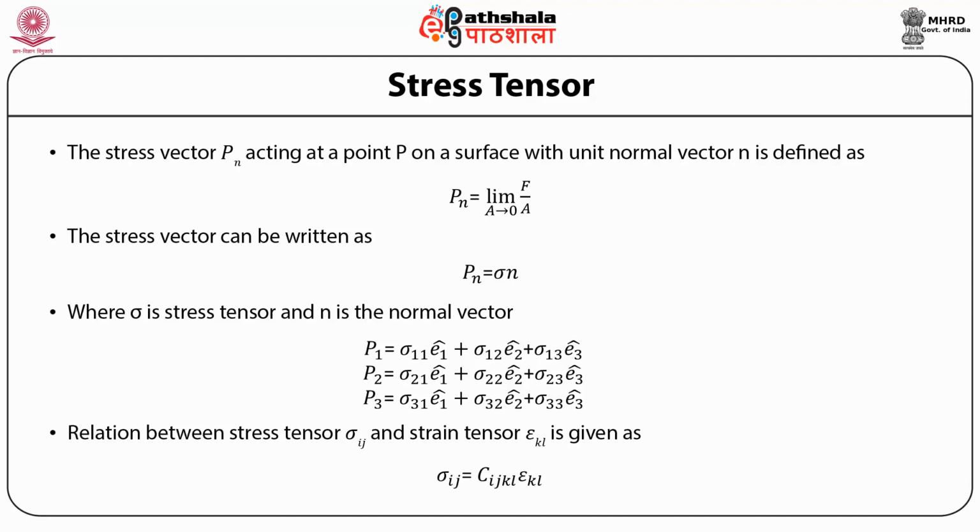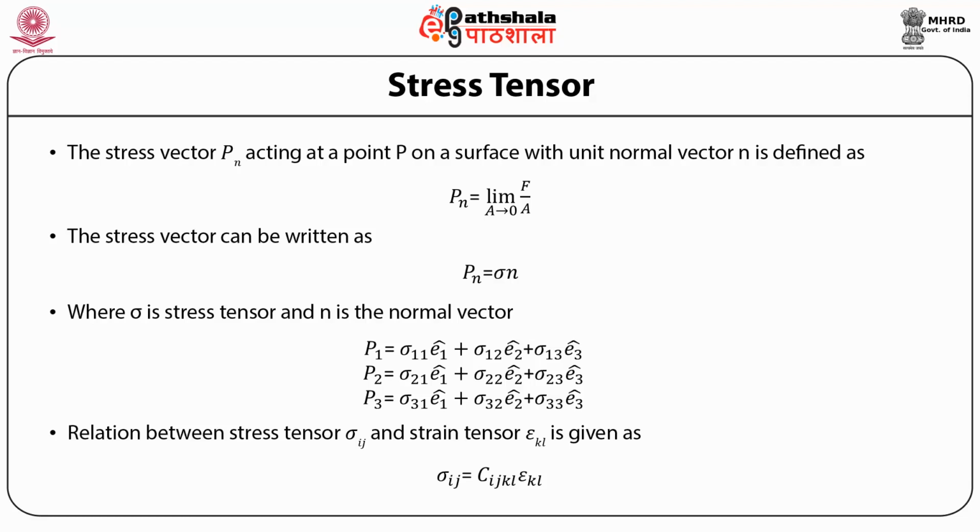So in the case of cubic symmetry, general coordinates e1, e2 and e3 are the vectors along x, y and z directions. P1 represents the stress vector acting on the surface whose outward normal vector is e1, and P1 has